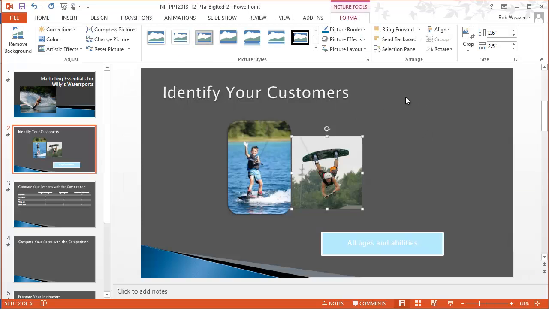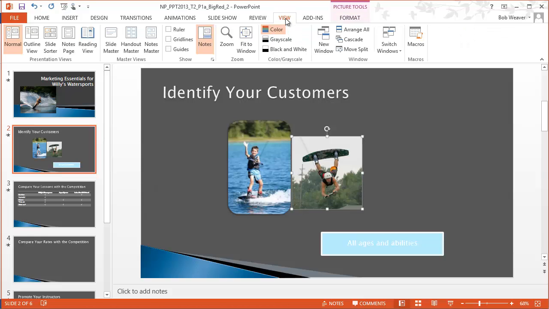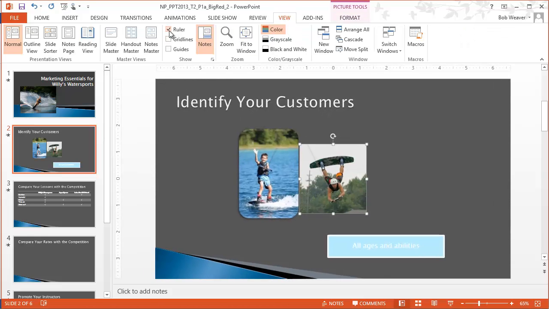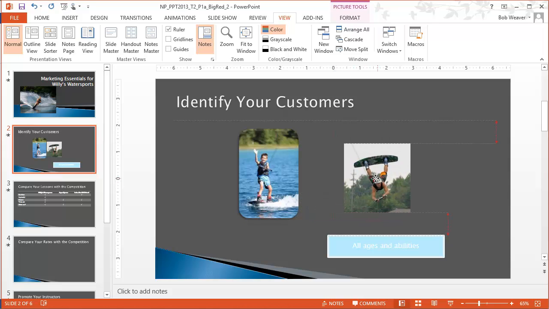Well, I don't see any rulers on mine. If your rulers aren't visible as well, you can go under View and check the ruler option, and that will make the little rulers appear. 0, 0 is the center of your slide. So you're talking about how far you're moving off to the right, to the left, up and down from the center. And they want us to move this image we just added so that the left edge